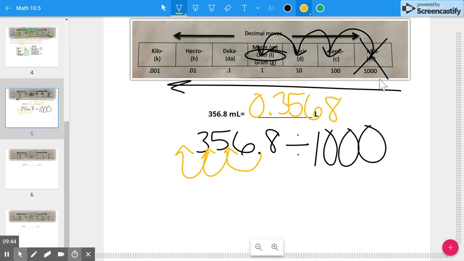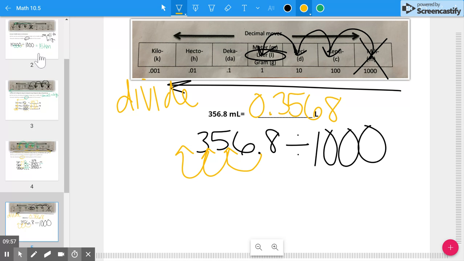And the same thing holds true for every problem that you do. You just need to remember, if you're moving to the left, you divide. If you're moving on your chart to the right, you're going to multiply. And then it's just moving the decimal in the direction that you're moving. So revert back to